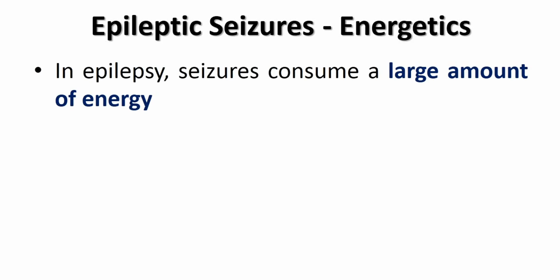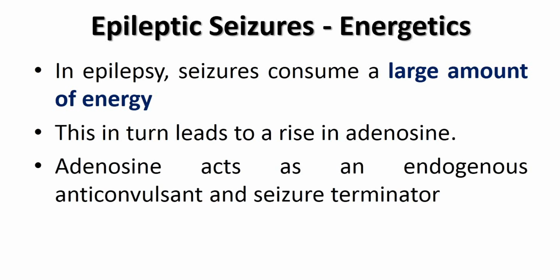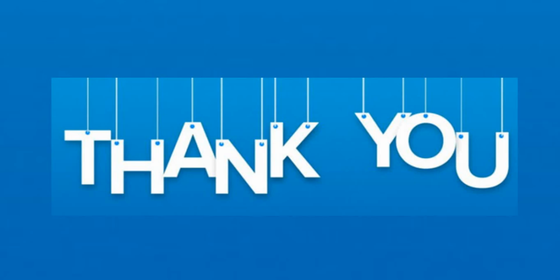So, lots of energy is consumed, and once energy is consumed, this leads to a rise in adenosine, because adenosine acts as an endogenous, that is within the body, anticonvulsant and seizure terminator, a naturally acting endogenous anticonvulsant and seizure terminator. So, that concludes the segment on astrogliosis and epileptic